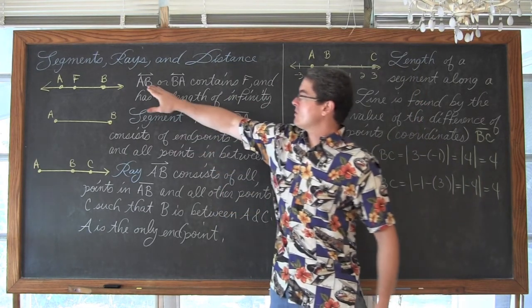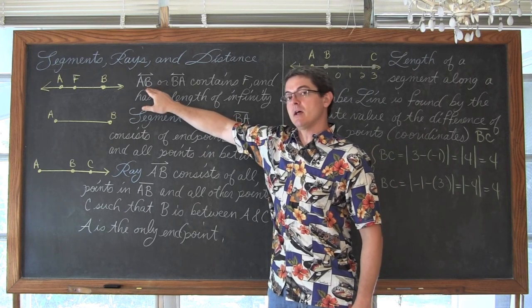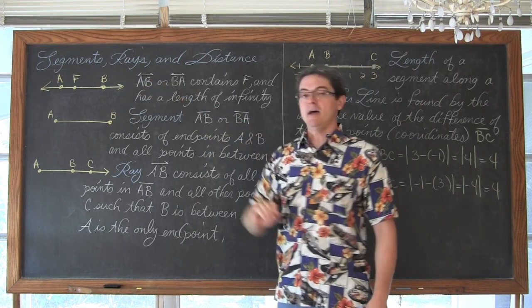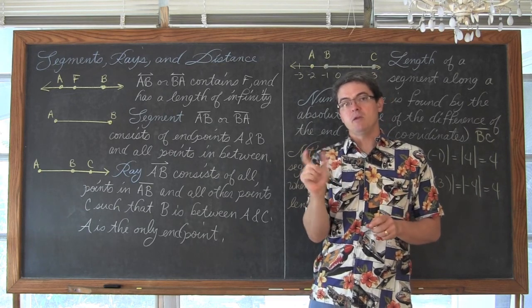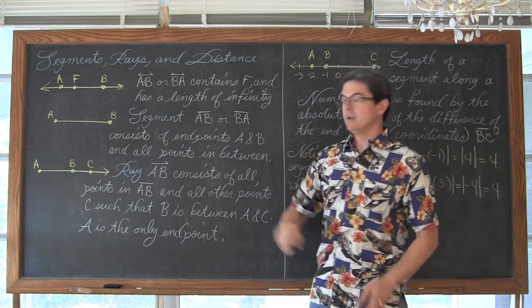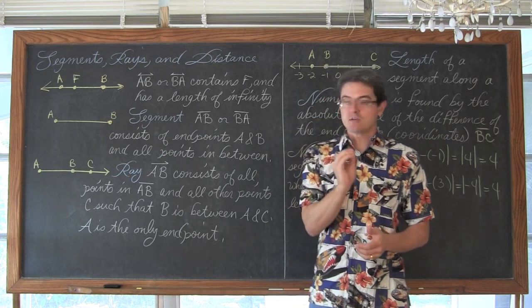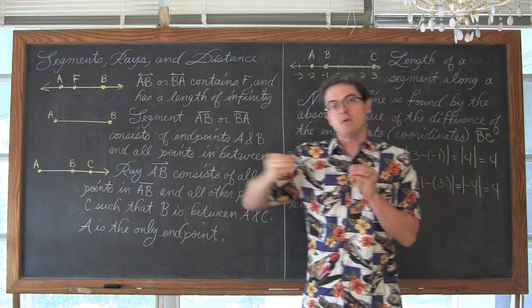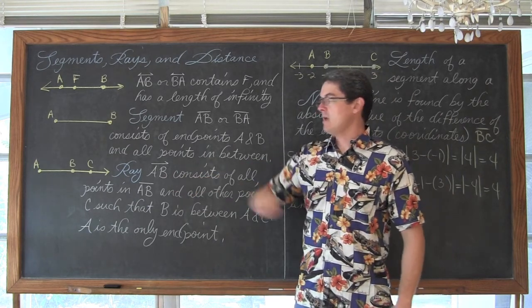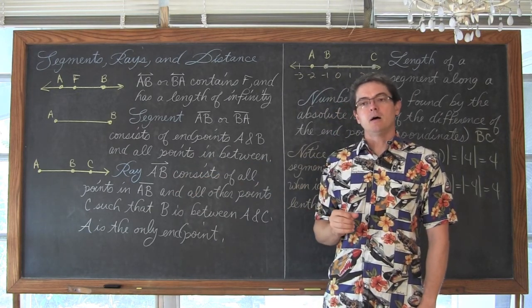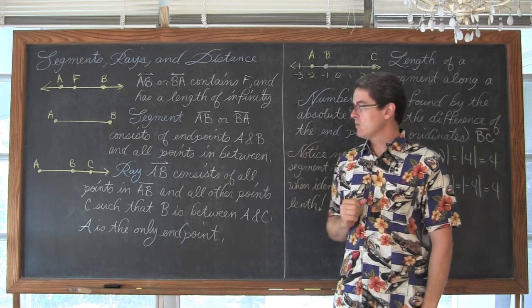Now, as you notice here, when I named this line AB, I'm noting that you can have the 2 points you're using to define the line in any order, AB or BA. Same thing with the segment. But a ray has just one endpoint, and then from there extends in one direction. So you do not have an option in how you label or name that ray.